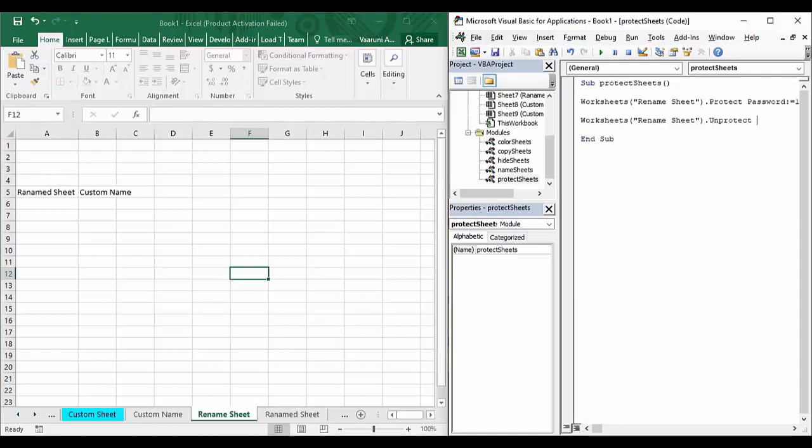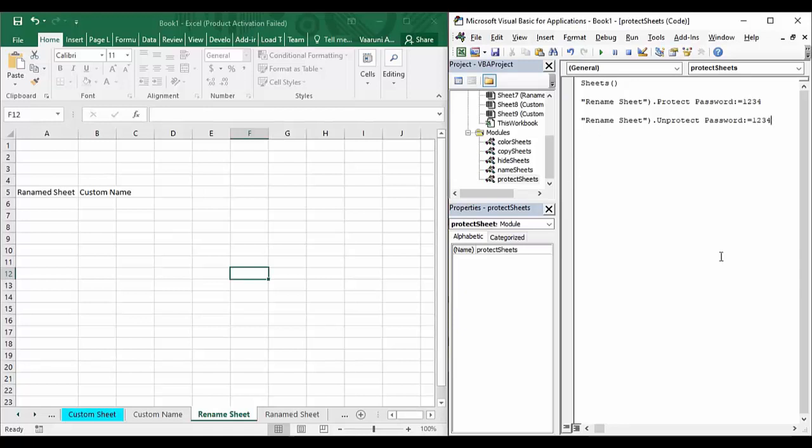And now we know from Microsoft Excel that once we want to unprotect our sheet, we need to provide the password to unprotect it. So once you write this unprotect keyword, you need to provide the password with which you need to unprotect it using the keyword password. Put a colon, put an equal sign because that's the convention, and provide the password, that is 1, 2, 3, and 4.